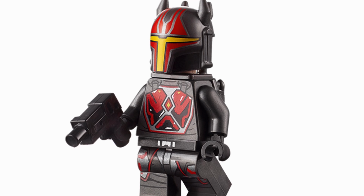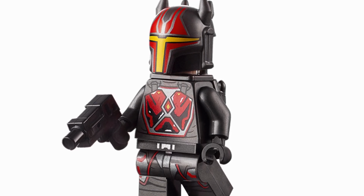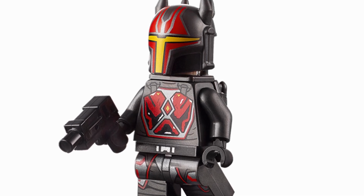I think they just absolutely nailed it with the helmet here. I love that molding as well with the horns on top. I think that is just so cool, and I really am curious to kind of learn the significance of this character as well,